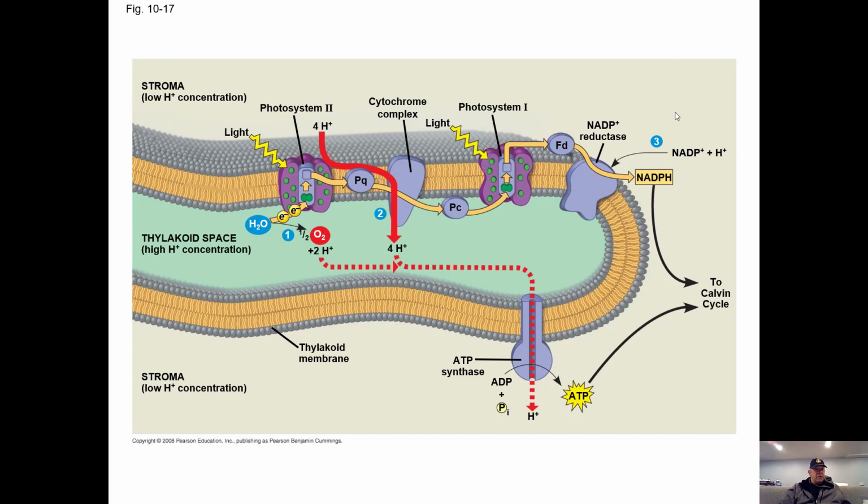The light reaction is almost done, except we have to take water and replace these electrons that were here originally. They left photosystem 2 and went to photosystem 1 and NADPH. Well, we have to get those back somehow. How do we do that? There's an enzyme here that splits water apart and turns it into oxygen and hydrogen ions, but it grabs these electrons and replaces the original electrons that were lost. And that, more or less, is the light reactions.